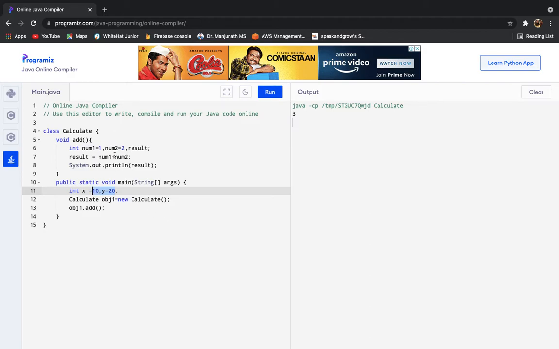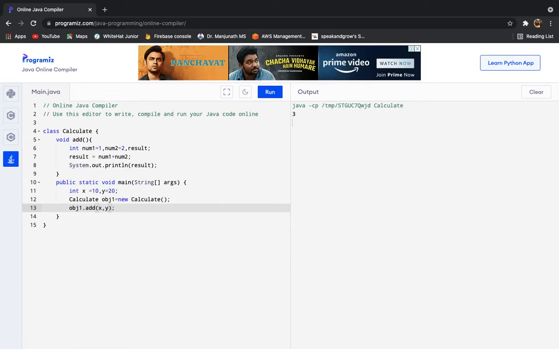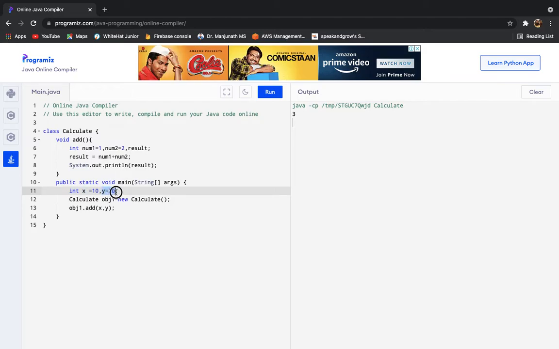So how do we do that? Let us see. Here we will pass these numbers. I have written x and y, meaning the value of x and the value of y, which is 10 and 20, will be passed to the function.